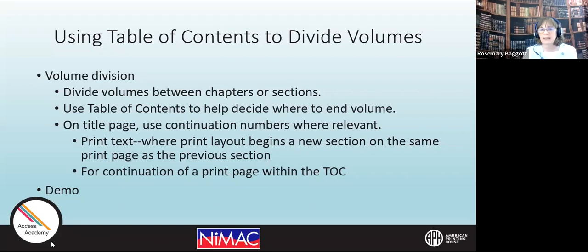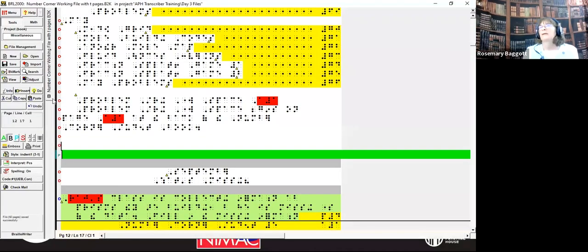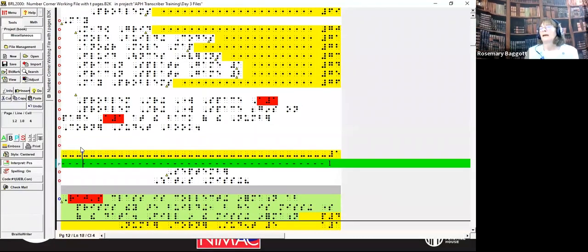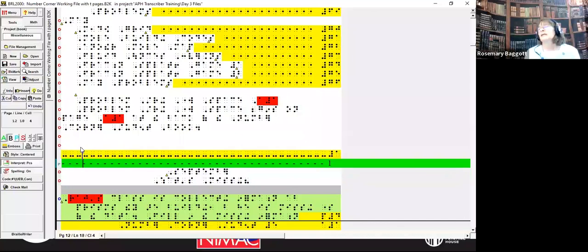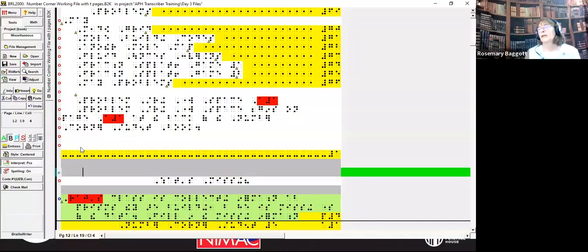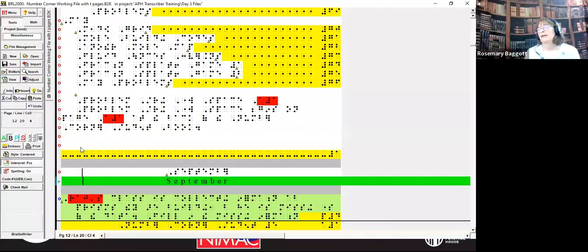So I will go back in here and break this volume. Now right here, I can answer that question about the page numbers. This is already Braille 2000 setting up print page 1. Now there are two ways I can do that.